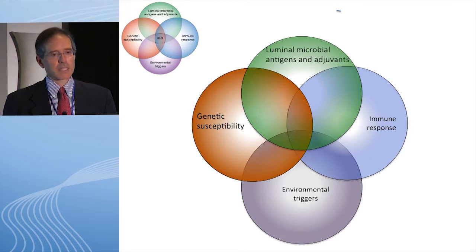When we really look at it, I think we need to calibrate what the appropriate sizes should be. Not that this is exactly how it should be, but I think the genetic component is really smaller than we've all claimed it to be, and I'll go over some of that data. And I think the microbial component is clearly important, but maybe a little bit overemphasized in part, particularly for perhaps ulcerative colitis. And at least my view of the world is that the environmental trigger really should be much larger.